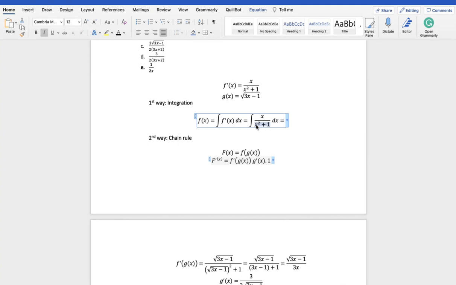So that's a trick that you guys can already tell, because remember, when we have ln of x,